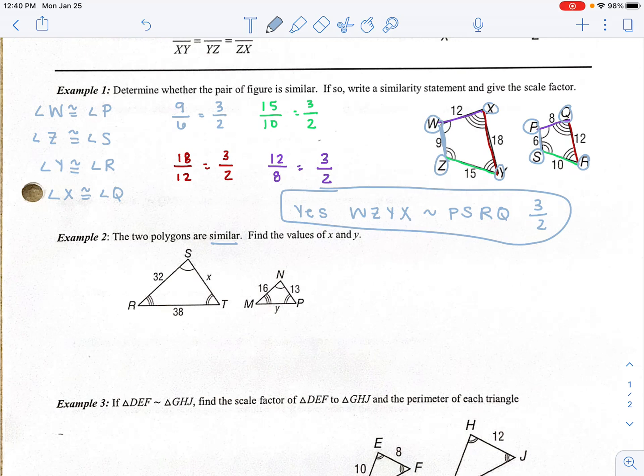You can see another problem that says these two are similar. So they're already telling us they are similar, which means they should have congruent angles but proportional sides. We need to find the values of x and y. So we have to make up some equations here. We're going to start with x. So I want everyone to find x. x is right here. What side should relate to that, or be similar to x? Well, that's on ST, so that should be similar to NP. So there's my first ratio,